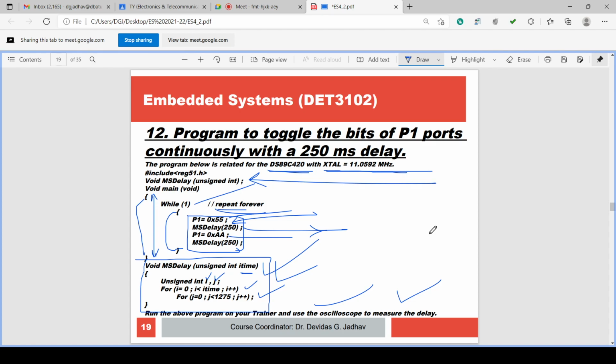How to write the function, we have just discussed. And second, to have the proper crystal frequency and IC number, we have set the device in the settings of simulation as DS89C420 and crystal frequency 11.0592 megahertz.